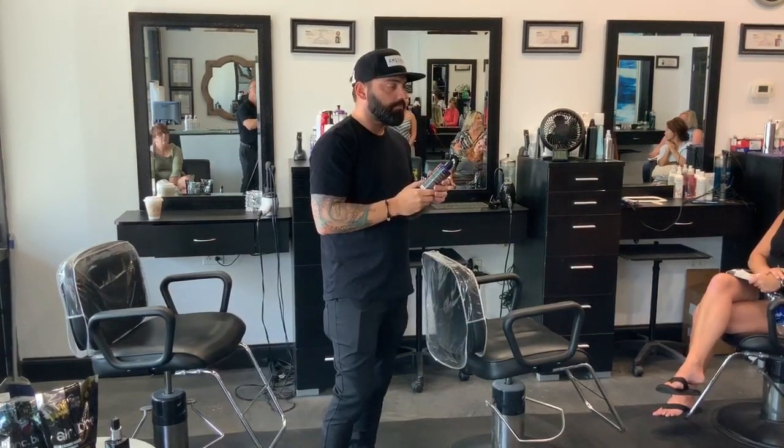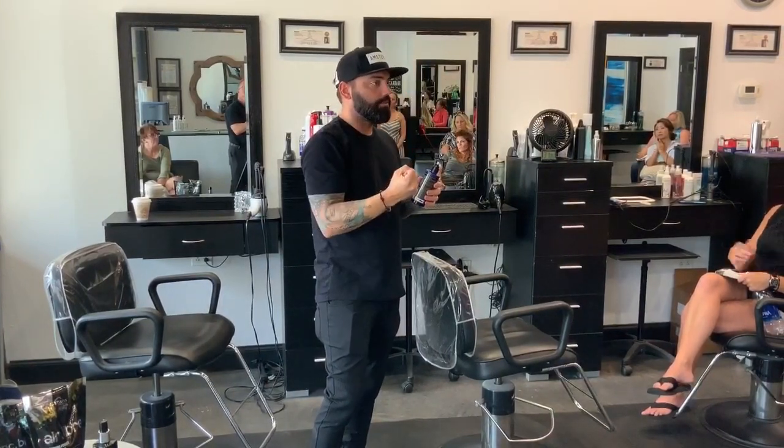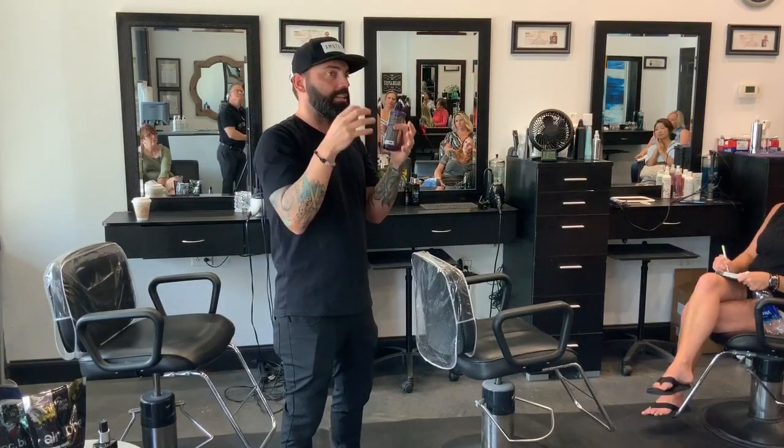As far as what it's doing, it's not a clarifier, it's not a toner. It's taking the warmth out. It's kind of reducing your warmth. So if you wanted to cool the hair down, this is gonna cool your hair down. So any warmth that you have,